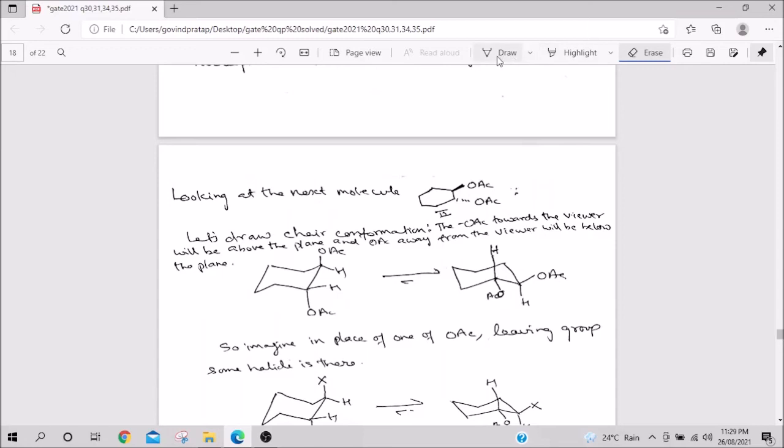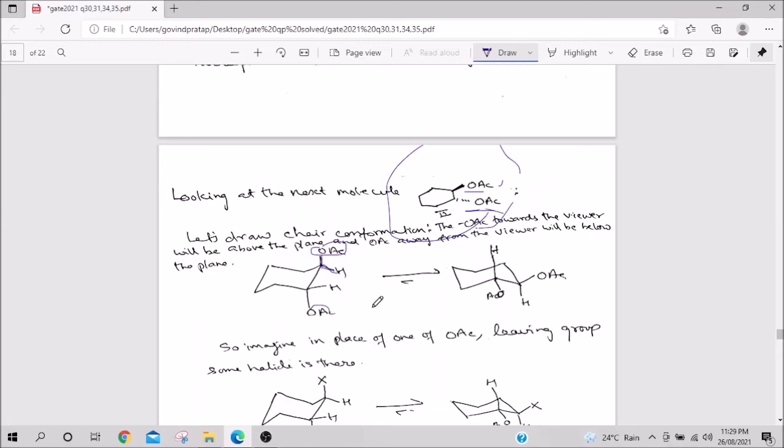Let us look at this molecule. So whenever you see something with cyclohexane, immediately make the chair conformation. So you look here, this OTs is towards the viewer, this OTs is away from the viewer. So if it is towards the viewer, make it above the plane, and if away from the viewer, make it below the plane. So here I am making, see, on this carbon you are having an axial bond and an equatorial bond. So make it equatorial, so you can see equatorial is below the plane, axial is above the plane. So that's why this OTs is above the plane, and here OTs is below the plane. Here OTs is below the plane. Okay,